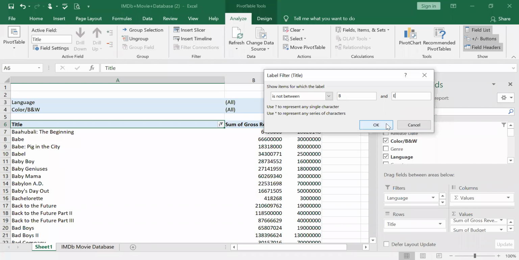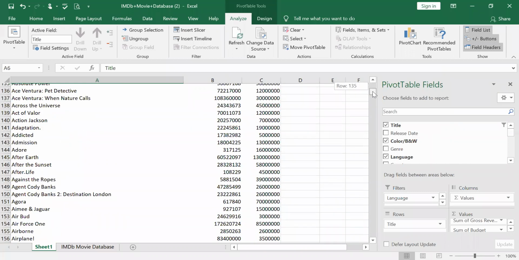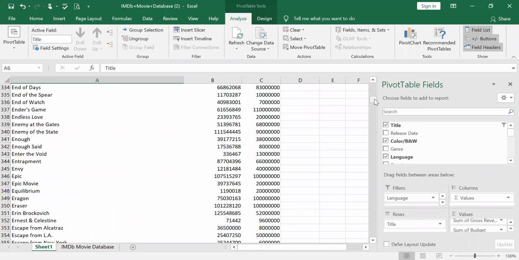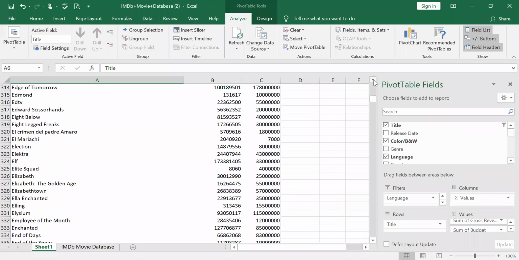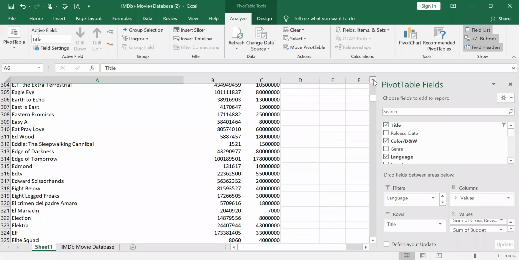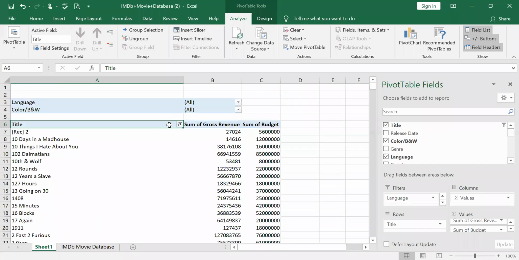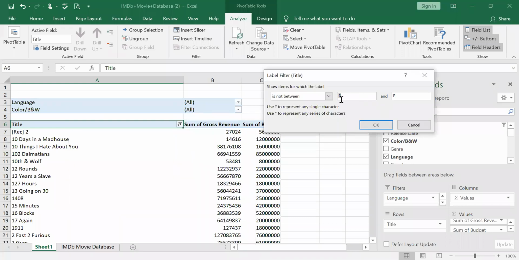So when you give it, it will have all movies, but it will not have B, C, D. With B and E, it will include E, but it will not have B. So all other movies will be included if the label filter is not between B and E. Okay, so I just want to clear this.